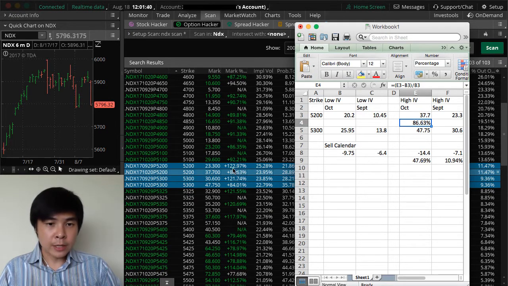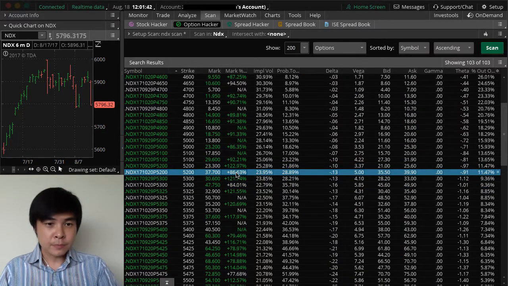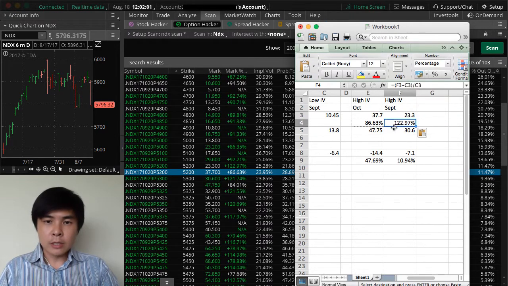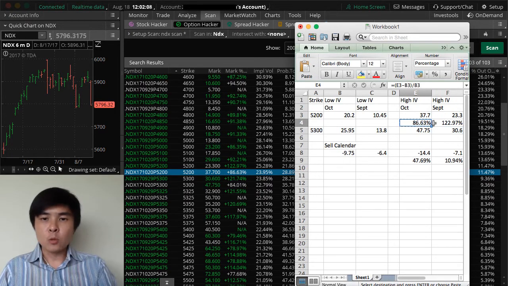You can see over here, the price over here. Net change yesterday from October is actually 86%. It's almost as accurate as what the data is given by TOS. So same thing, I'm going to use this copy and I'm going to paste it over here, and you can see the price is almost the same. So what actually happens